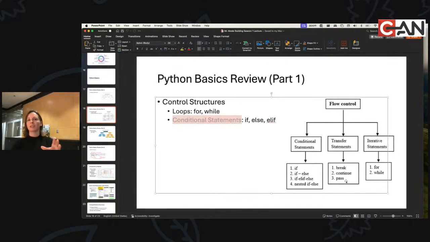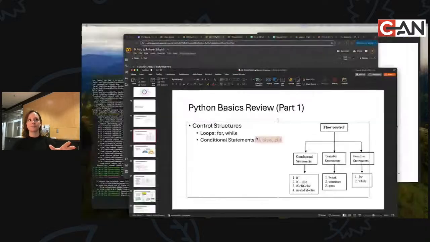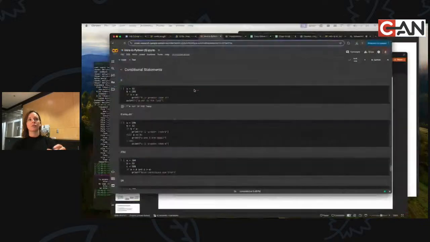I'm not necessarily going to ask you to dig into the details of break, continue, pass, but I want you to be familiar with for and a while loop, at least a for loop. Like while is bonus, but you need to be familiar with a for loop. We will use those a lot. And you need to be familiar with if, else, and elif. So let's look at those.